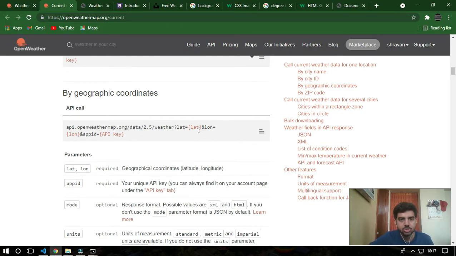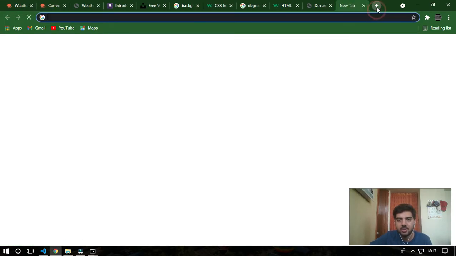Once you decide which API you are going to use, you have to get the developer API key. You will get the developer API key once you log into the respective API provider. I'll copy this and paste it in my search engine.